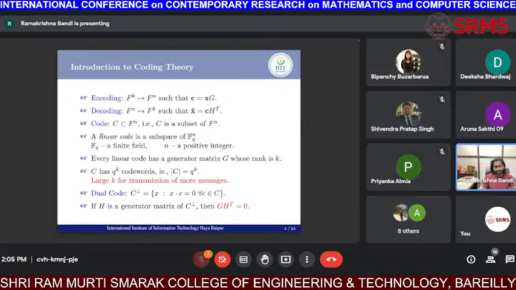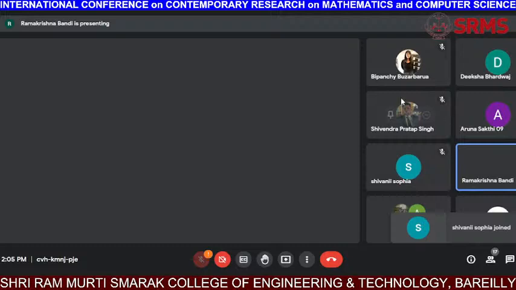So here, rather than storing the complete code C, we just need to look after those linearly independent vectors which generate the code C. When you take all these vectors in a matrix, if every vector is taken as a row in a matrix, we call that matrix the generator matrix. If there are k vectors, then the rank of this matrix becomes k because they are linearly independent. So a matrix whose rank is k can be taken as a generator matrix for a linear code.